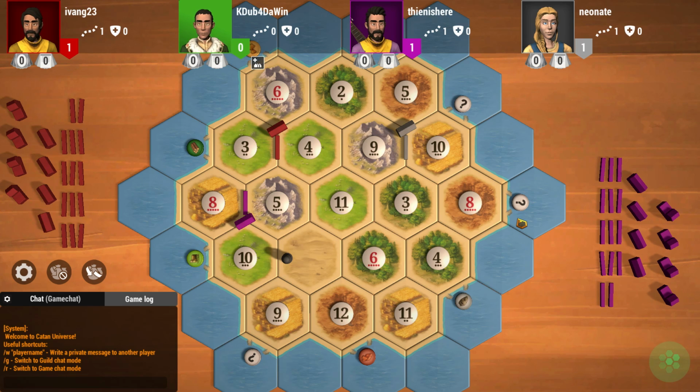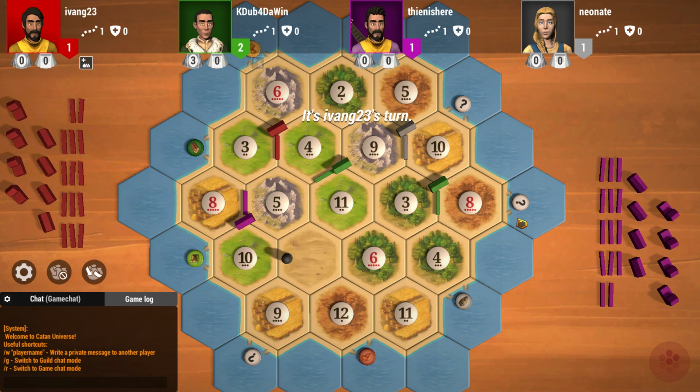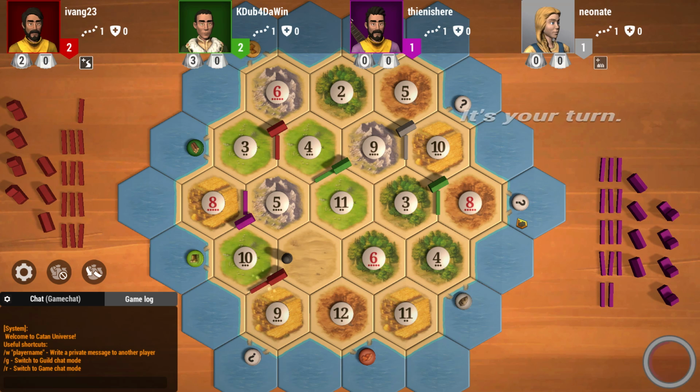note right now that purple has 5 points of wheat, 4 points of ore, 3 points of sheep. That first pick was 12 points. I have 11 points. Red has 10 points. Green, right now it looks like they took 9 plus 10, so they got 19 points. Looks like they got a balanced strategy: 5 points of brick, 2 points of wood, 5 points of sheep, 3 points of wheat, 4 points of ore. So is that